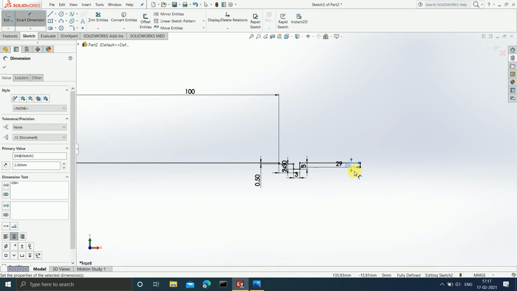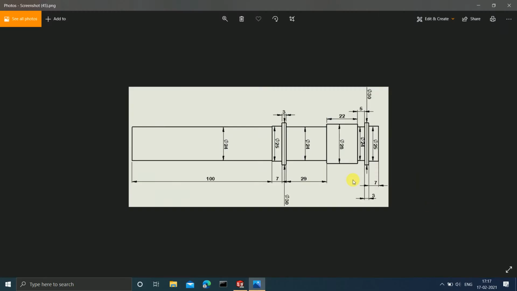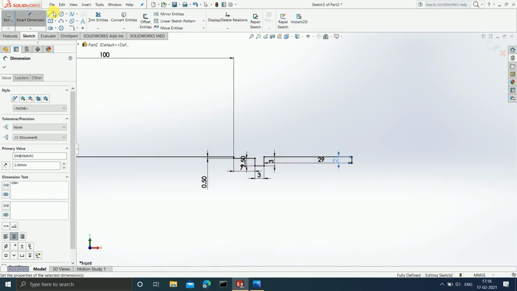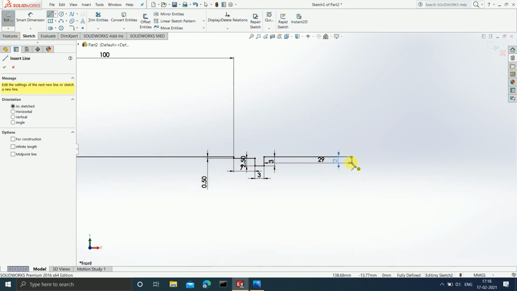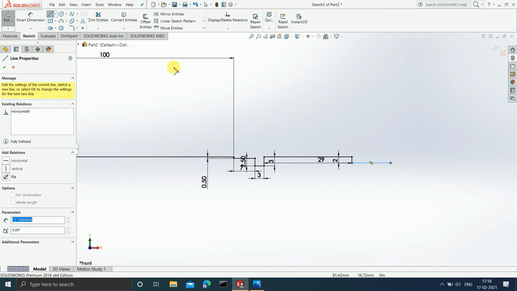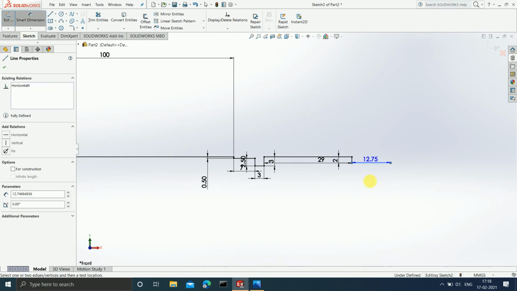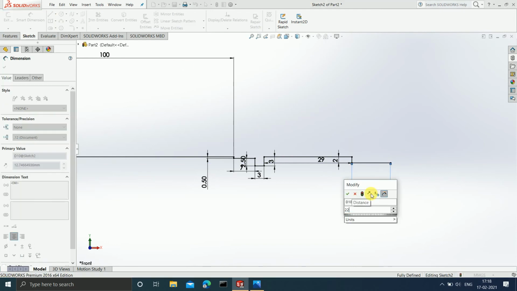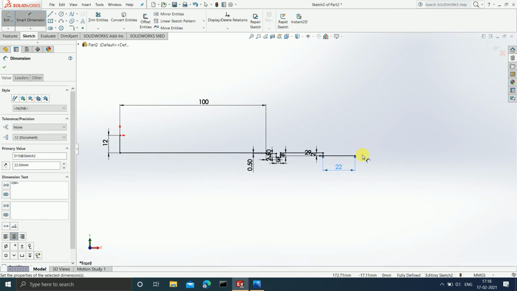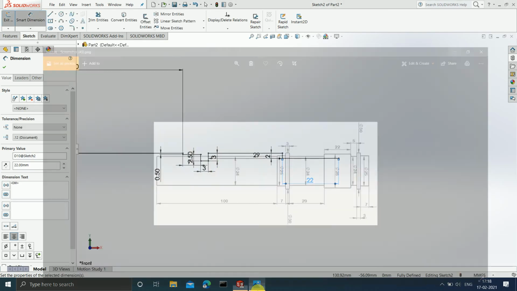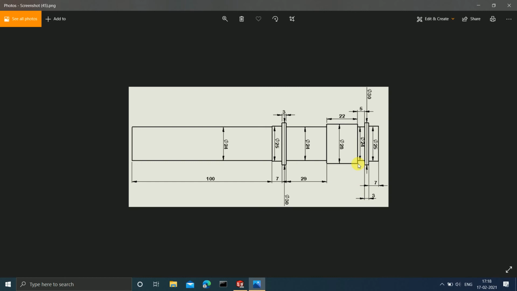Enter. Now after this, what is the thickness? It is nothing but 22. Okay, done. Enter. Now once this is done, I am again going from 28 to 24.